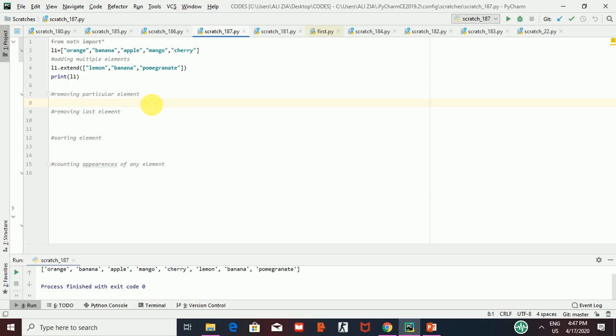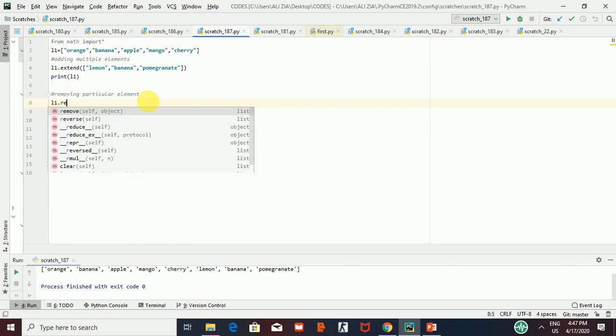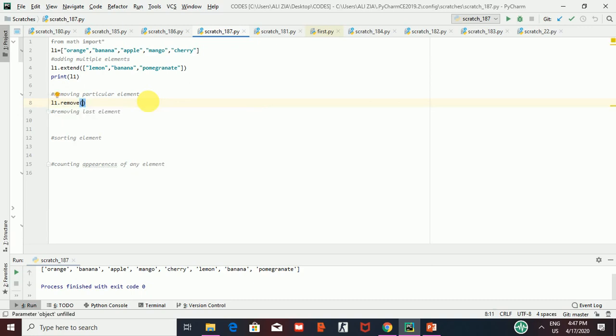Now, what to do when you have to remove a particular element from a list. In my previous video I told you about deletion by using index, but now I am telling you how to remove any element. For this you write L1.remove, then open parentheses, and write the element you want to remove from the list.